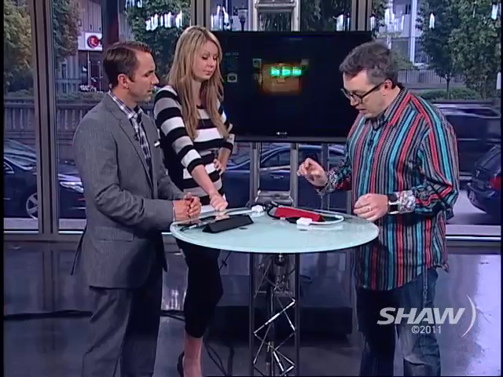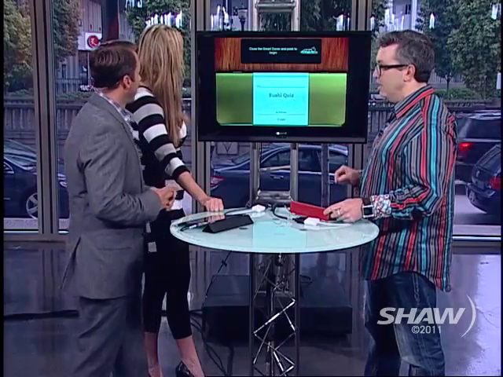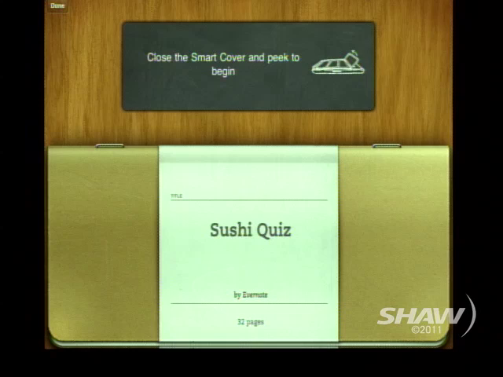Okay, let's move on to Evernote Peek. Evernote Peek is an app that talks to Evernote. And I'm not going to tell you what Evernote is, but look into it. It's a great app for just collecting information. What Evernote Peek does is it allows you to use this funky little cover, hopefully I can take this out without disconnecting myself, to do little flashcard tests. Oh, get out. So how up are you on your sushi? Oh, pretty good. Between the two of us, we have almost a whole brain.